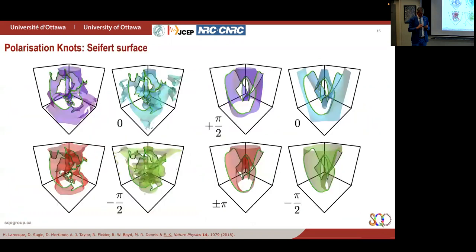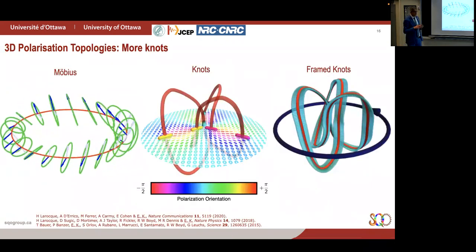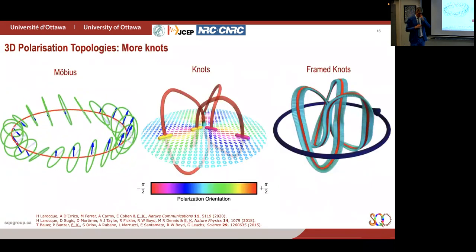But later on, I was also asked, by the way, you can look at the Seifert surface, which is the minimal surface between these knots. You can characterize the knot in a different way. I don't want to talk about this. And later on, when I was at a conference, one of my friends,